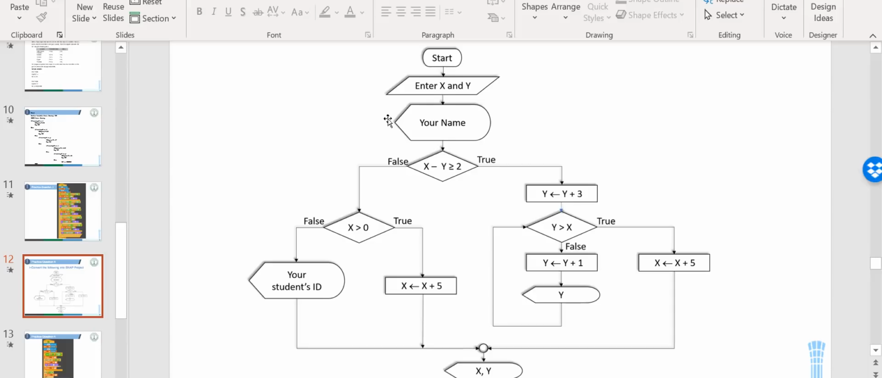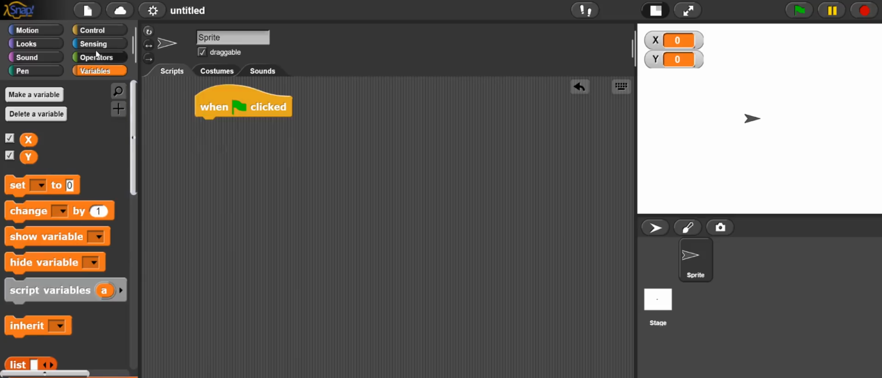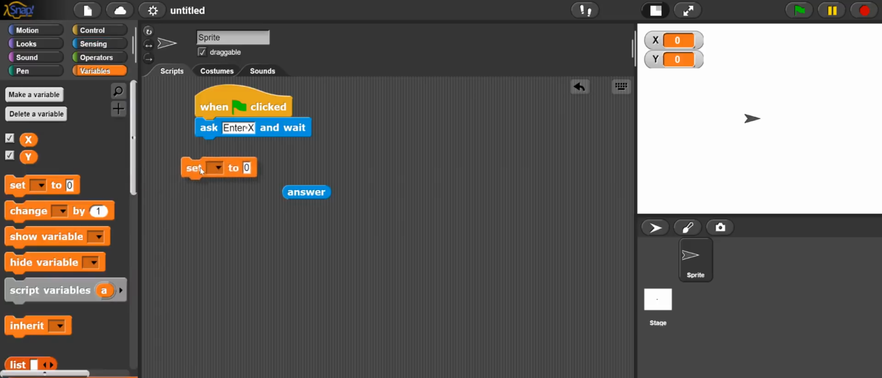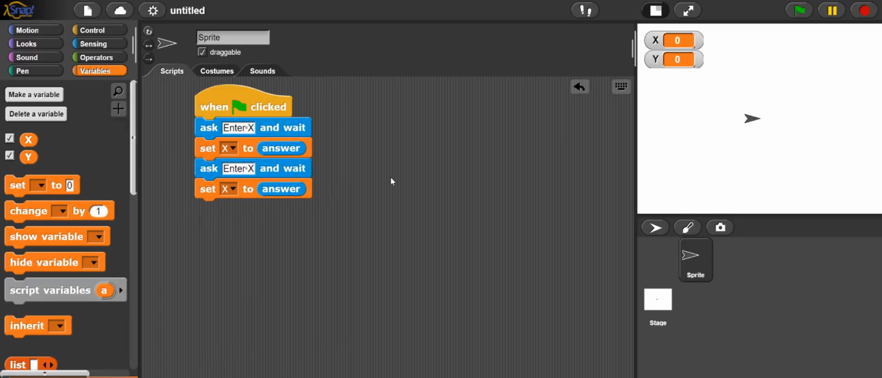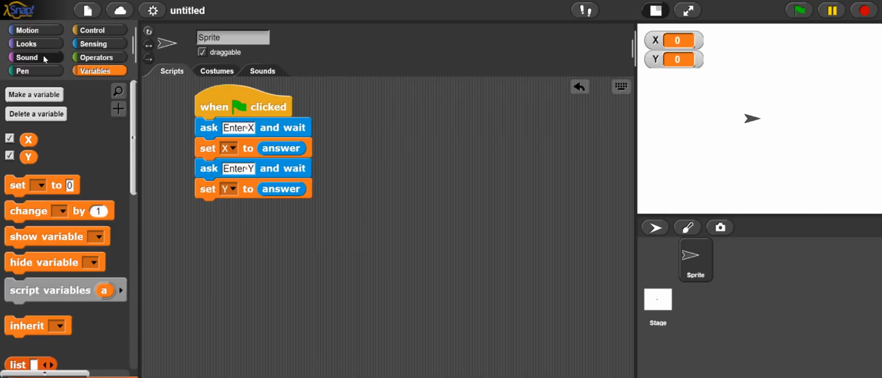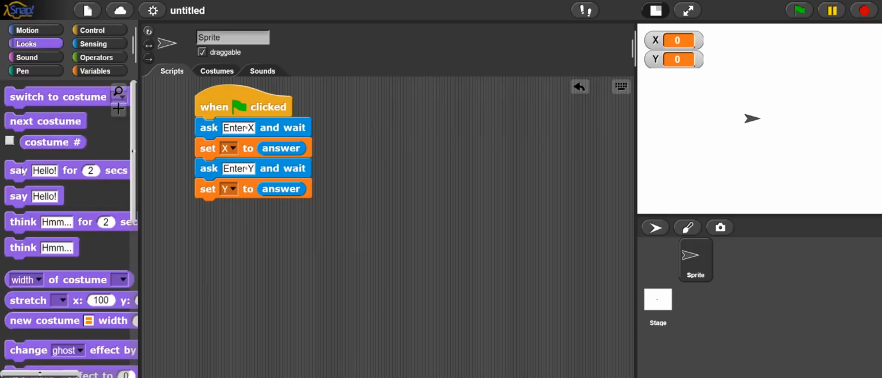and then we have parallelogram, that means asking for input. So using the sensing, I will ask to enter x. Whatever answer I get, I will set x to the answer, and similarly I can duplicate and set y to the answer as well. We got the inputs. Now I display the name. So using the looks, I say my name is